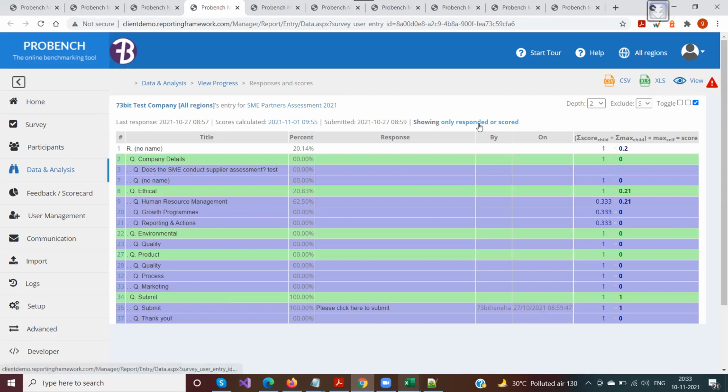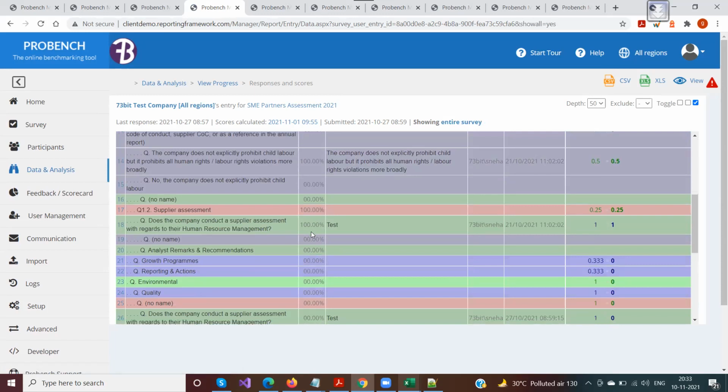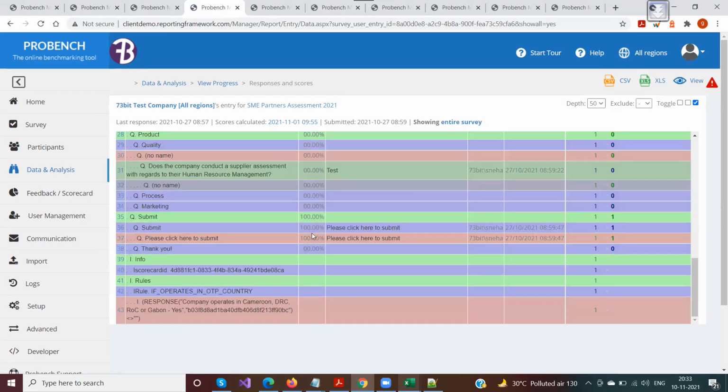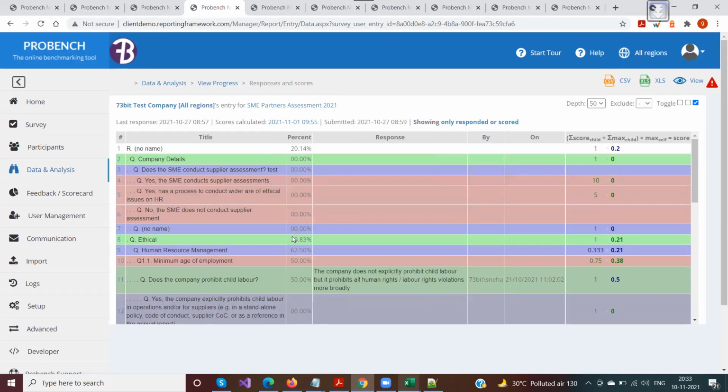And if you want to see only scored responses, then if you click on that, you will only see the questions that are scored, and it would hide the questions that are not scored. So even that is helpful to some extent. So there are various filters available on this particular screen.